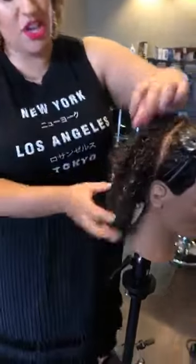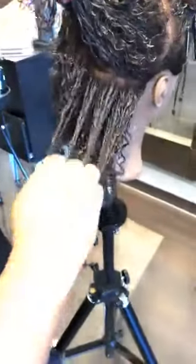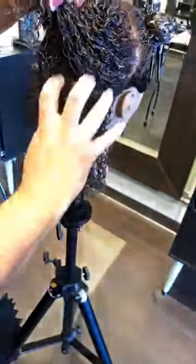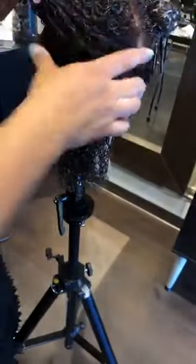what's happening there. As I went in with my leave-in, I subsection and apply, making sure I'm applying all the way from the base to the ends. I like to drop one quadrant, apply the leave-in, apply the oil, and then apply the cream or gel, then go to the next section so that I'm not consistently disturbing